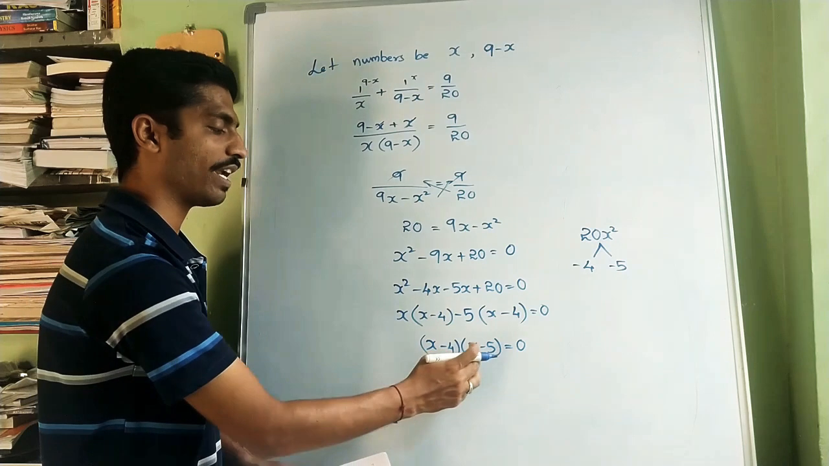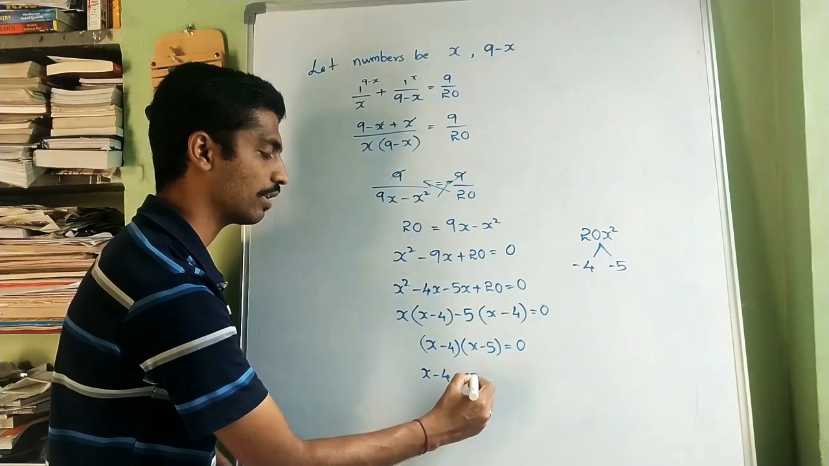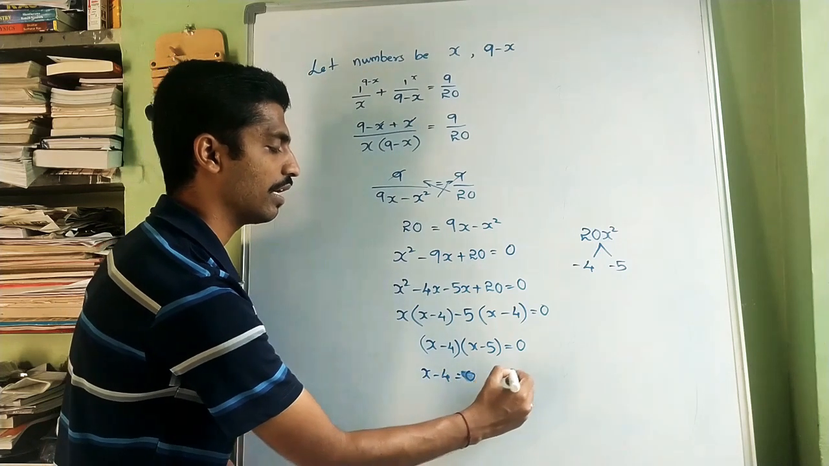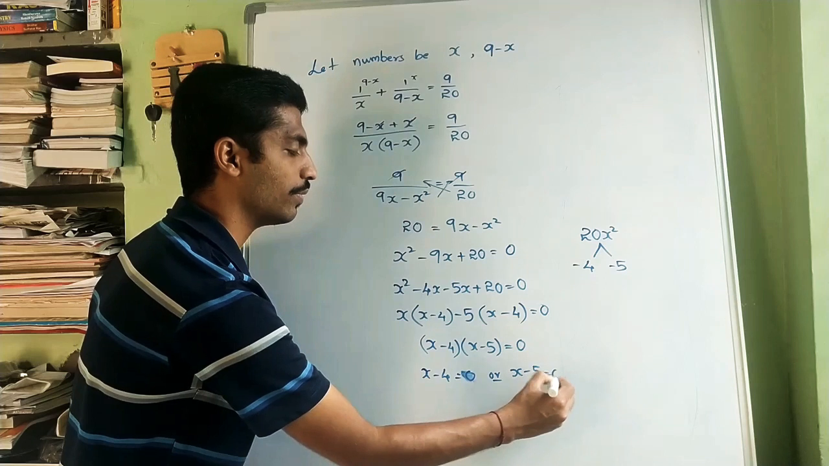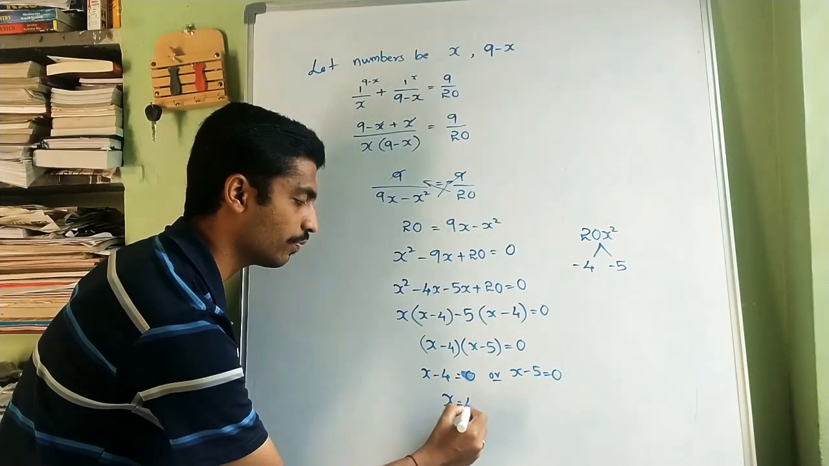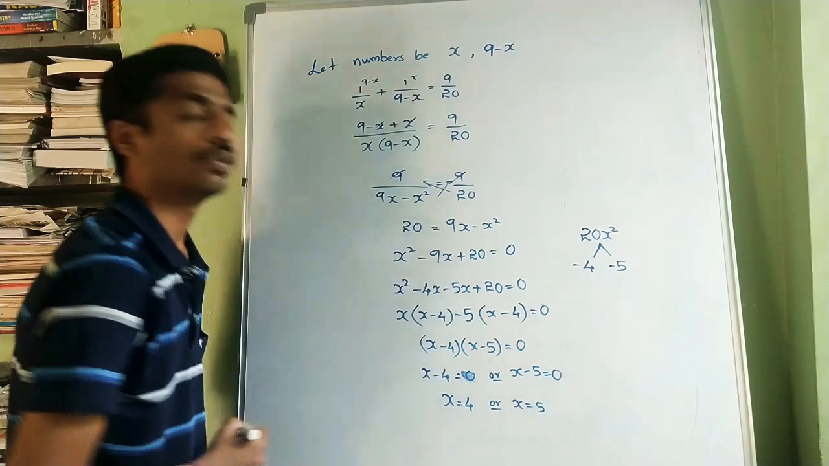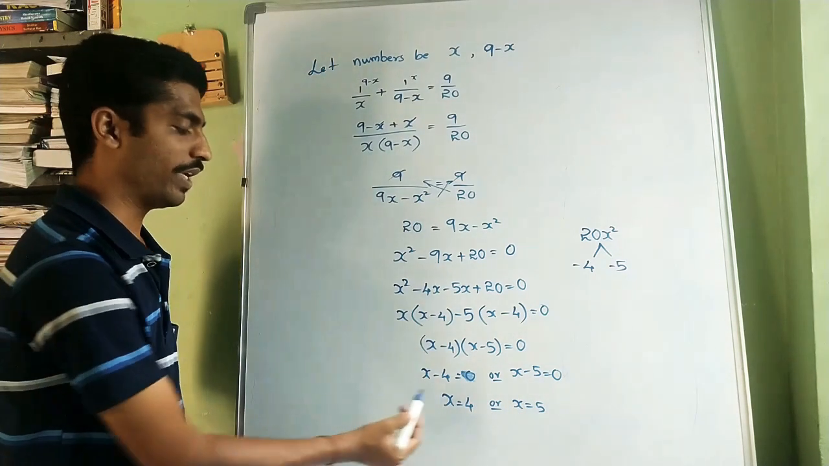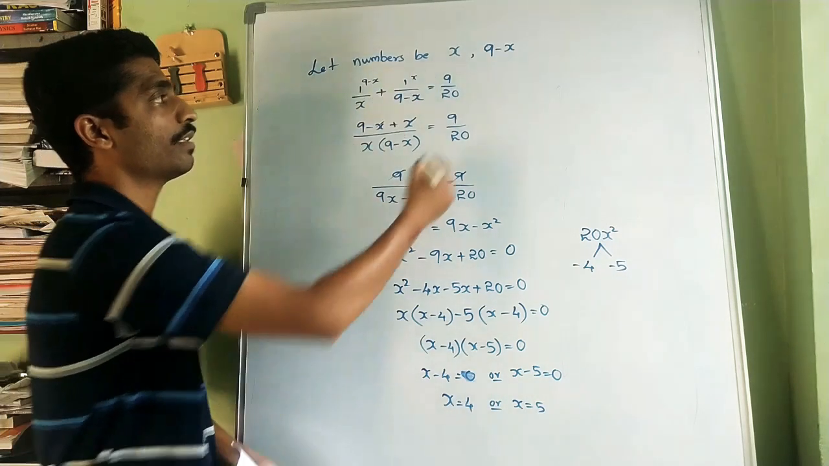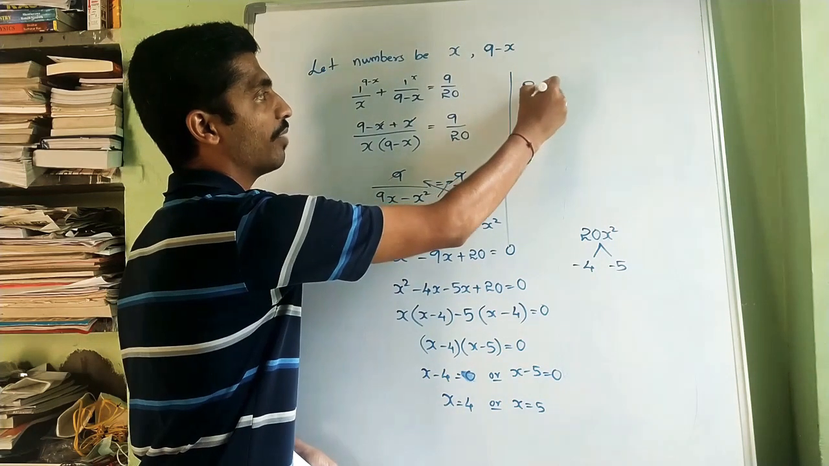So x minus 4, x minus 5, write them separately. x minus 4 equal to 0 or x minus 5 equal to 0. So here we get x equal to 4 or x equal to 5. Our required numbers will be 4 or 5. Okay, so for the required numbers, I will write the answer, that is, the required numbers are